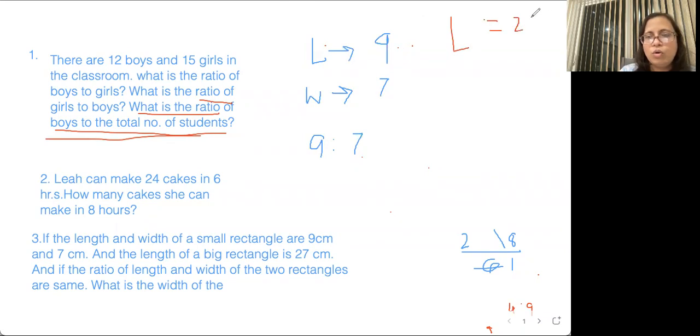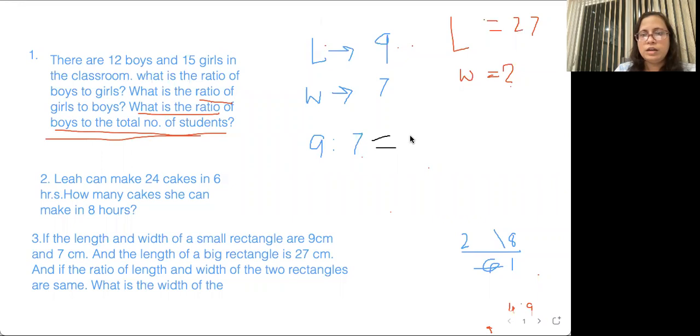And we don't know the width of the big rectangle. We have to find out that. That is unknown. And the ratios of small rectangle and big rectangle are the same, so we can write 9:7 equals 27